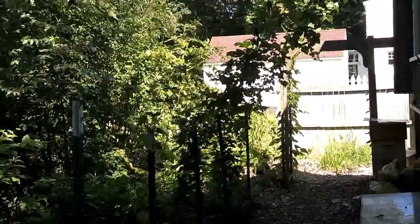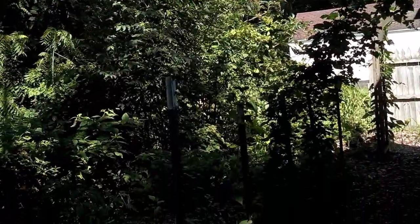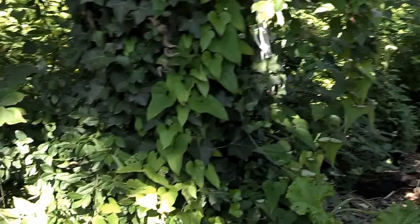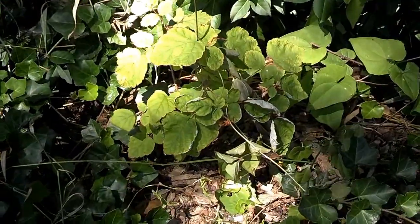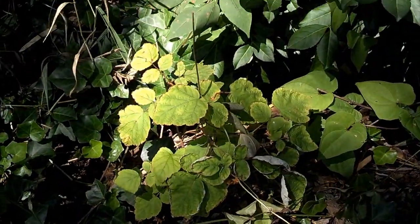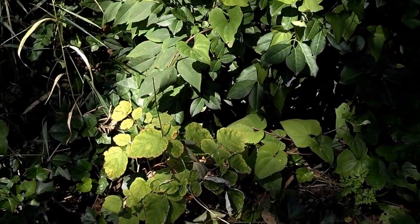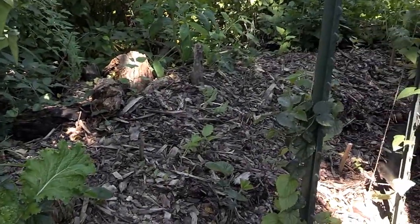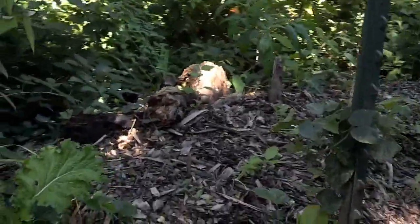I did have some strawberries. Strawberries didn't really take off too well. I've got a raspberry. This plant right here is a raspberry. I am going to get more and move them over in this area. And